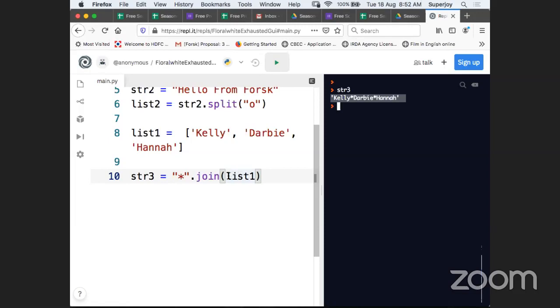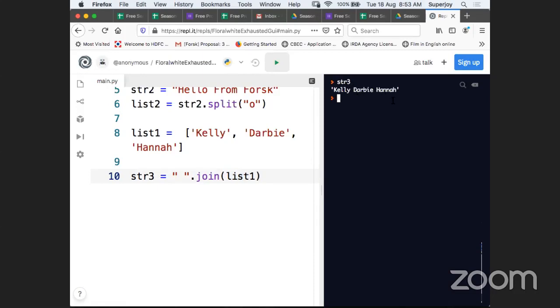And always mind it that as of now I'm telling you that this has to be a list, but in Python this can be any sequence. So it can be a list, it can be a tuple. I will talk about tuples later on. It can be a string itself, because all of these are sequences, right? A string is also a sequence, a list is also a sequence, so I can do something like that as well. So maybe I can join using a space as well. It doesn't matter. If I use a space or white space, you will see Cali, then white space, Derby, then